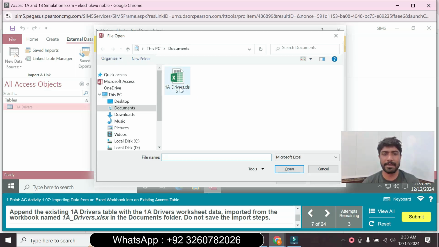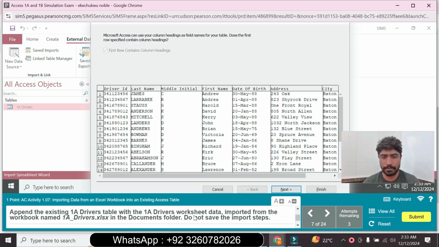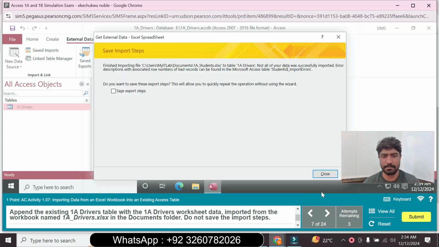Open the OneDrive Access folder, double click to open the file, and next append to the existing OneDrive table the worksheet imported from the documents folder, and do not save import steps. Click Append a copy of the records to the table and click OK. Click Next, then Finish, do not save the import steps, and click